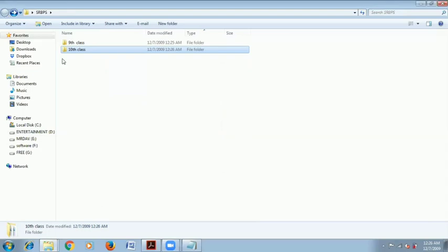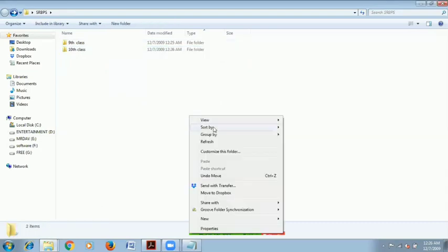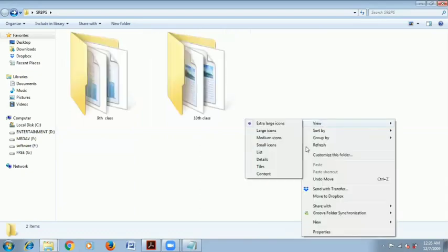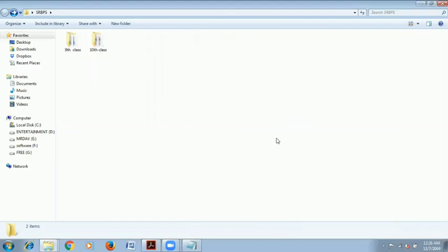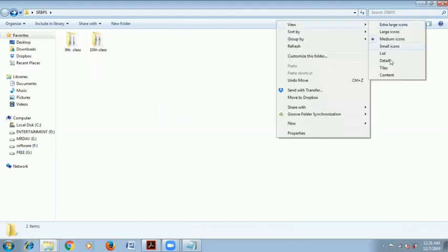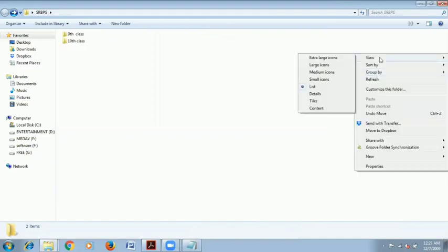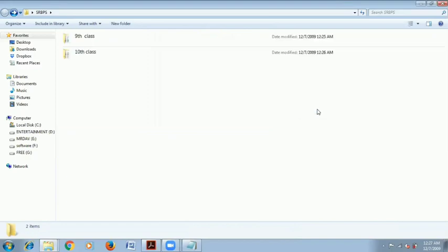Okay, there are some more options available. Like here, you can view the large icons. If you wanted to view the large icons, you can view the same. Okay, view the medium icons. You can view the same. Okay, you wanted to view the list, you can view the list. If you wanted to view the content, you can view the content as well. Fine. So whichever view you like, you can use that particular view. Fine, many more options are there.